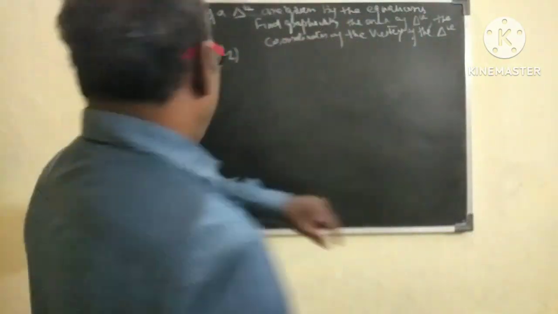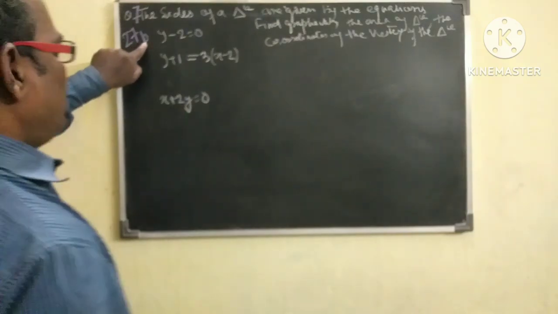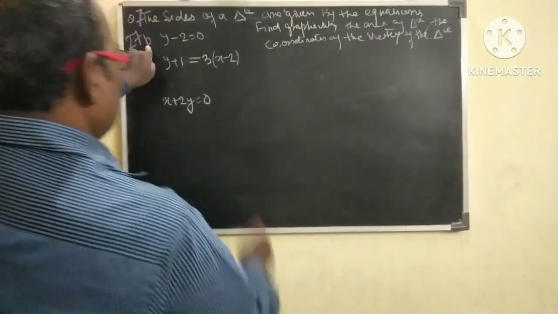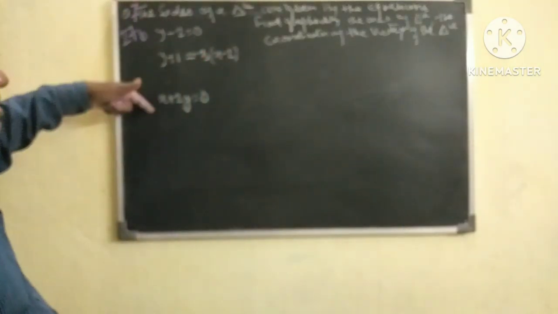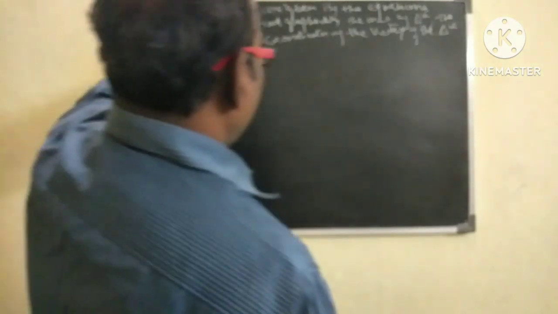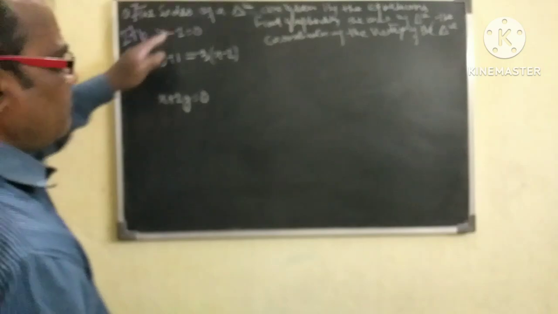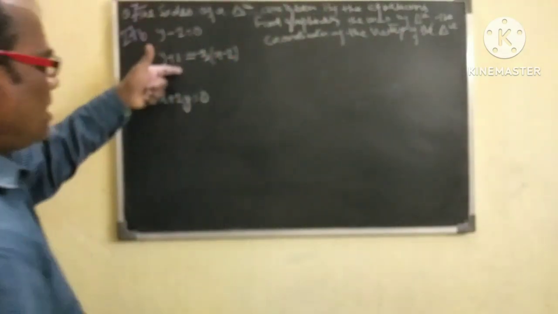One more question is given. It is from exercise 27b and question number 7. The sides of a triangle are given by the equations. So these are 3 equations. From the sides of the triangle, you have to find out the area of the triangle formed and